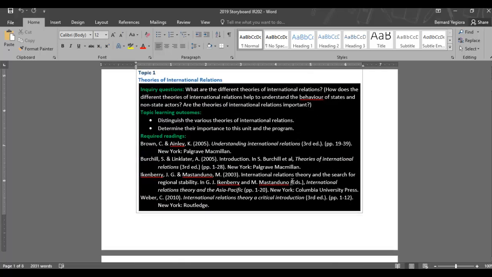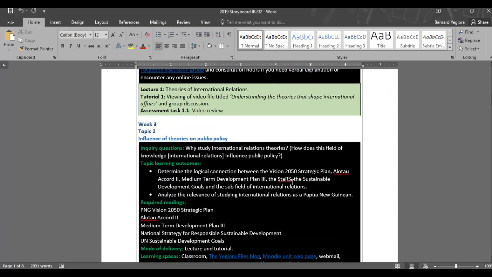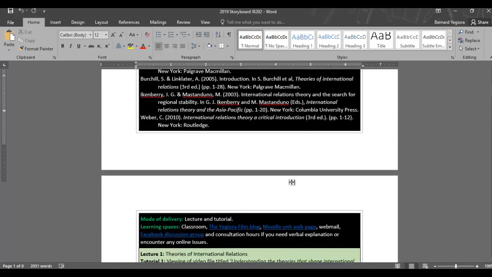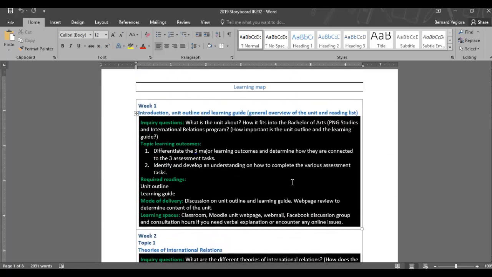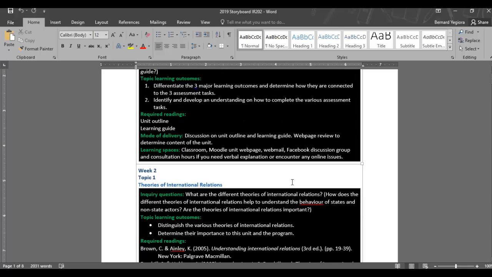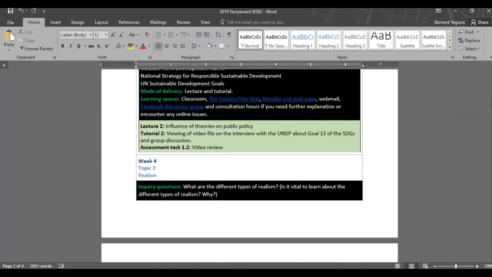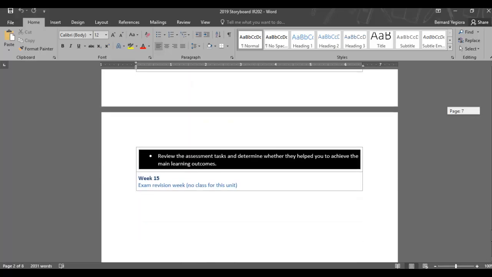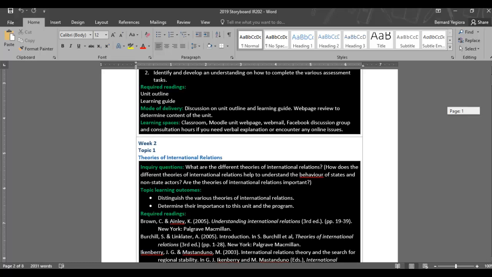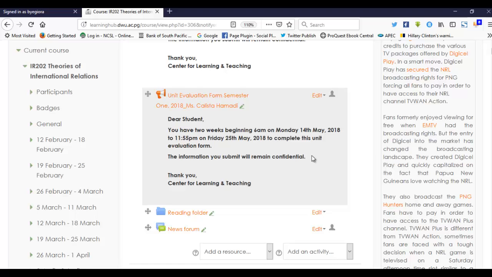Okay, that's that. And I've also updated my learning map, or I call it my storyboard. You can also call it a storyboard. So it's just a description of what students will be doing, the step-by-step instructions from week 1 to week 2, week 3, all the way to week 15. So what I'll be doing is just copying and pasting these blocks or the columns into the different